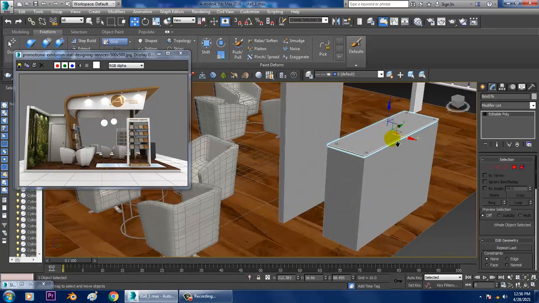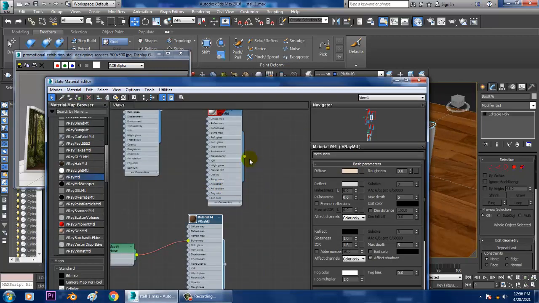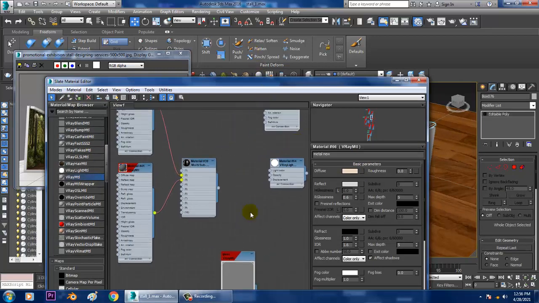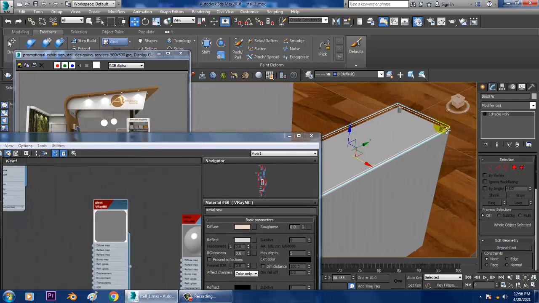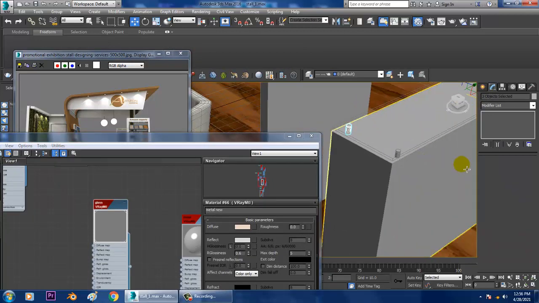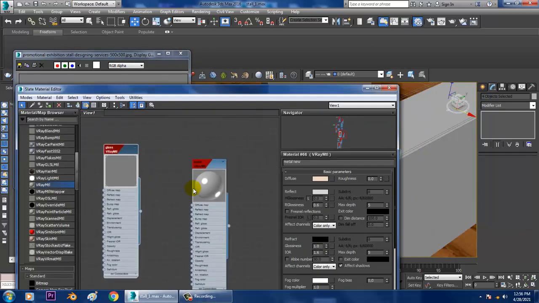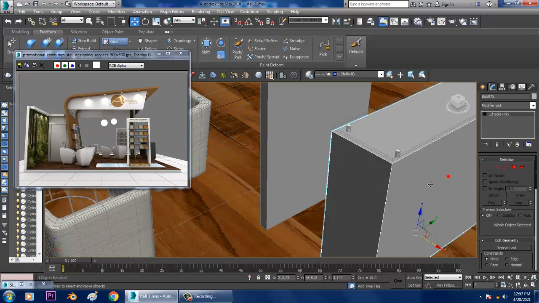So we will definitely be having a glass over here, so we'll be assigning a glass over here also, and for this we have already taken a metal over here, so we'll be assigning that over here.